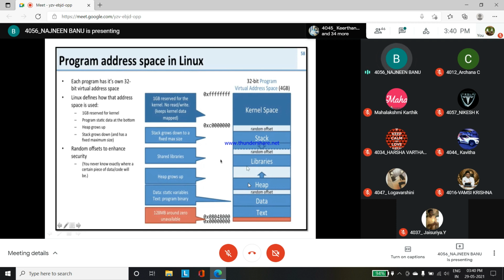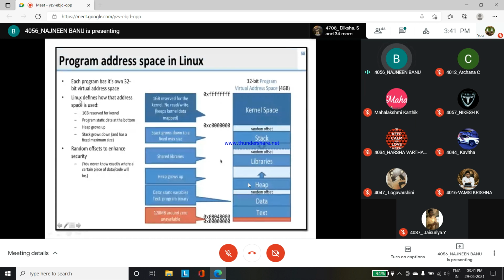Okay, so what this random offset does is give security. If you don't have this random offset, the kernel space and the stack will get mixed up. Again the same issue, we can't identify where the code or data is exactly, so we have to spend time searching. So this random offset will provide us security. By this, at a particular location where the kernel space or stack is stored, if we search, it will take a short time and we can get the data fast.